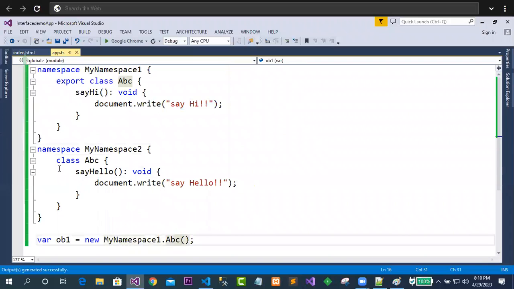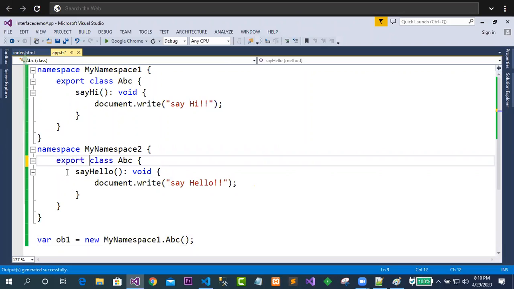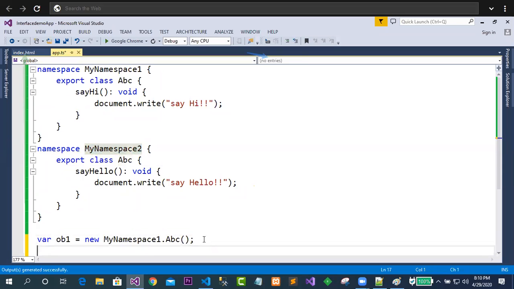So in this case I will write export. Here also the same thing, export, and in this case ABC is also exported outside of this namespace. And here how to access it? I will create the object ob2, and here I will simply write new my namespace 2 dot ABC. Just see, we got it.